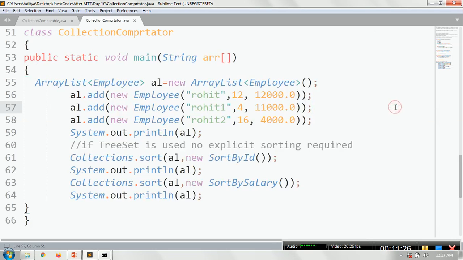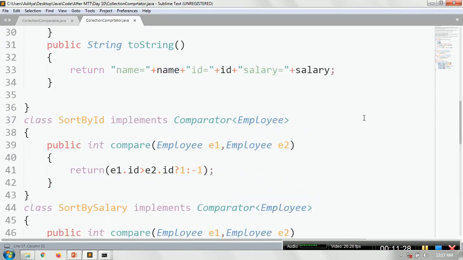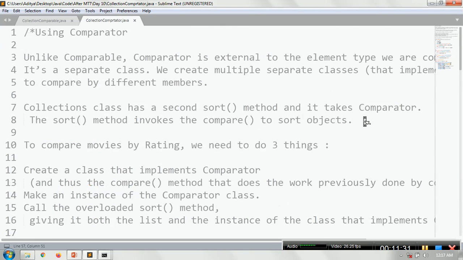This is all the idea about the Comparator interface. Now the basic difference, if I want to summarize: the Comparable interface implements a method called compareTo, and in that compareTo you can choose only one criterion to sort your object. At the same time, the Comparator allows you to create your own criteria classes that implement the Comparator interface. You can create multiple criteria classes, and on the basis of that, you can sort your data on multiple parameters. That is the benefit of the Comparator. So as per the need, we can choose either the Comparable or Comparator. Thank you.